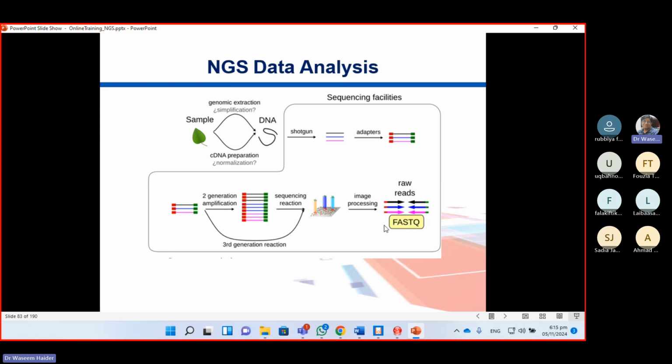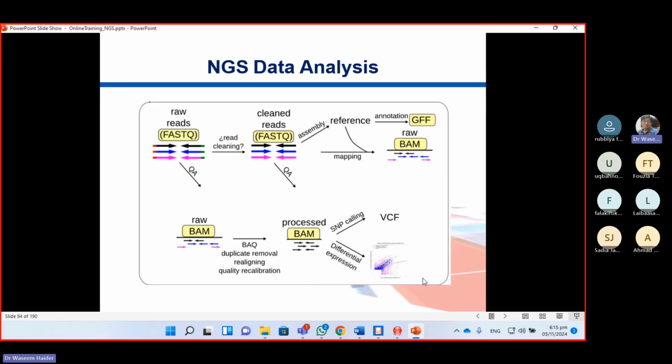Down there, we already talked about the FASTQ format. So the data at this stage is in FASTQ format, but you get the reads from sequencers that also have the adapters attached to them. So you need to remove those adapters. That step is called QA or QC, quality assurance or quality control. Once those adapters are removed, and once the reads' qualities, scores, base composition or GC content, everything is okay, they are called clean reads, and those clean reads are then put together,